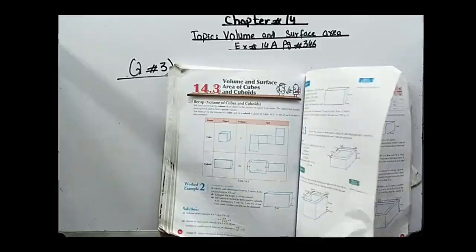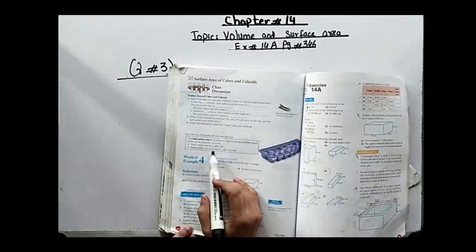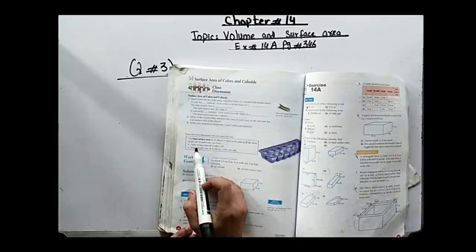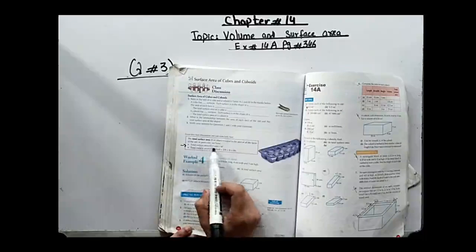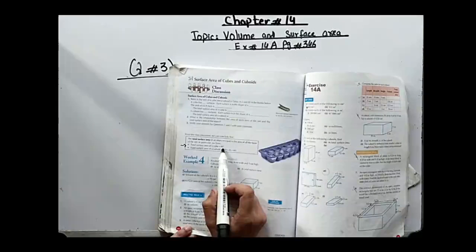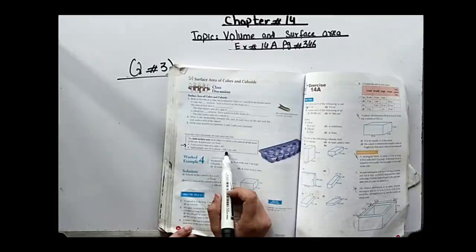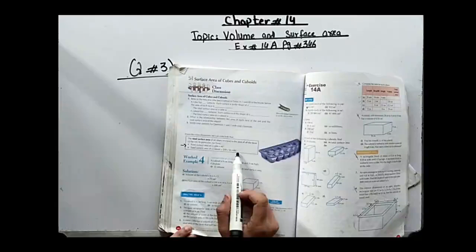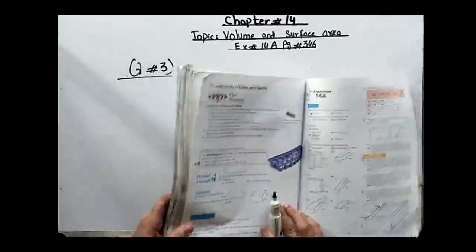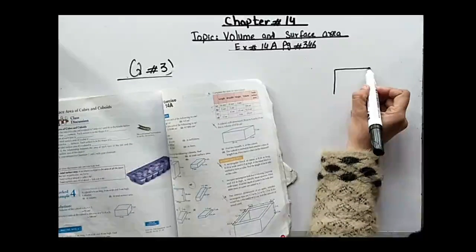Now, when we find the area, we find the total surface area. This is the formula for cube. Total surface area of cube is equal to 6L square. And the total surface area of the cuboid is 2 into (length multiply breadth plus length multiply height plus breadth multiply height). As I also told you, a cube is just like this shape.